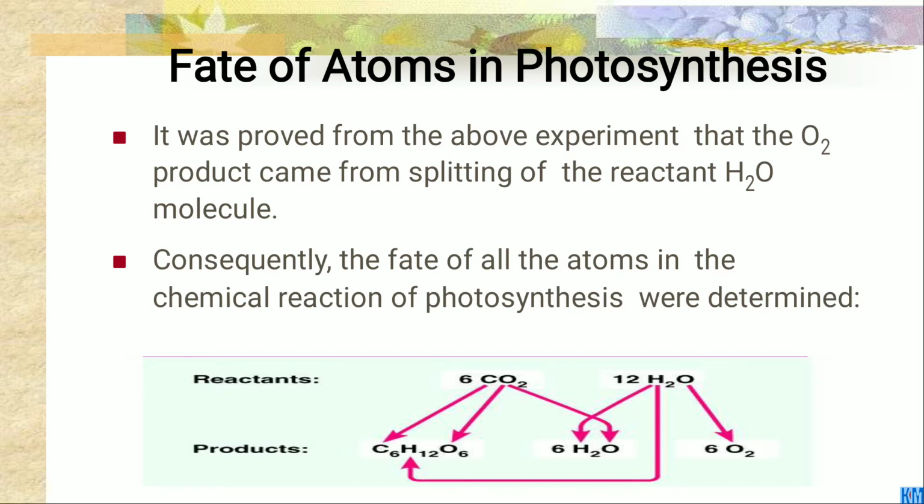Then the fate of the atoms in photosynthesis. It was proved from the above experiment that the O2 product came from the splitting of the reactant H2O molecules. Consequently, the fate of all the atoms in the chemical reaction of photosynthesis was determined. The reactants are 6 CO2 and 12 H2O. Products are